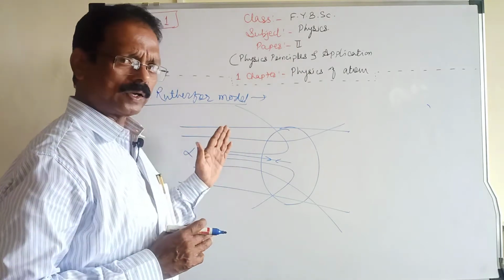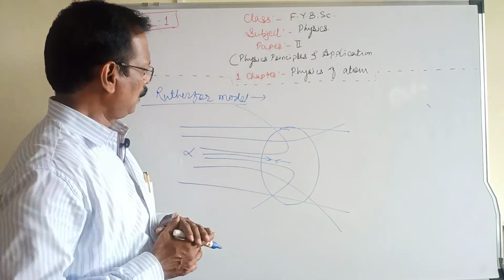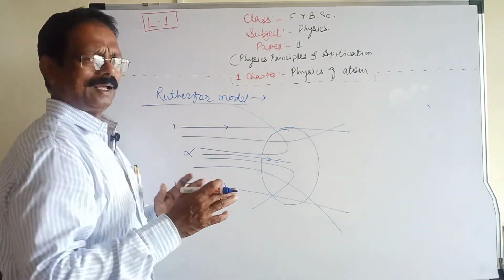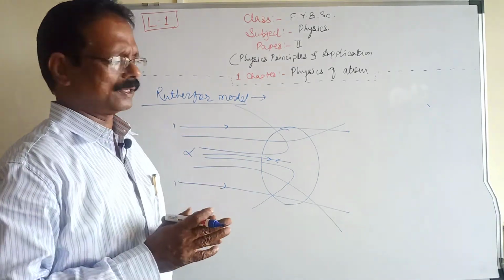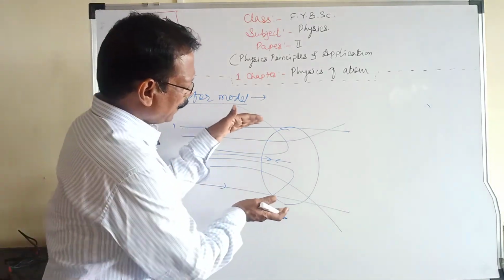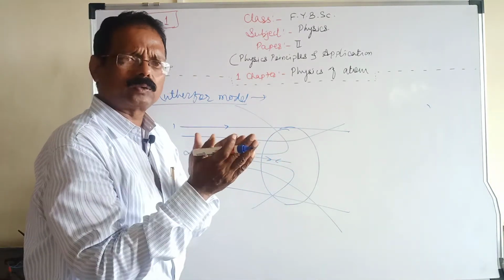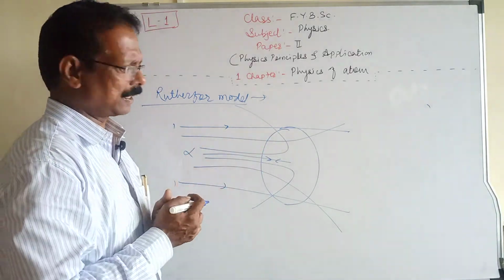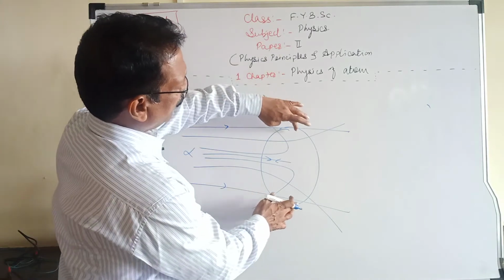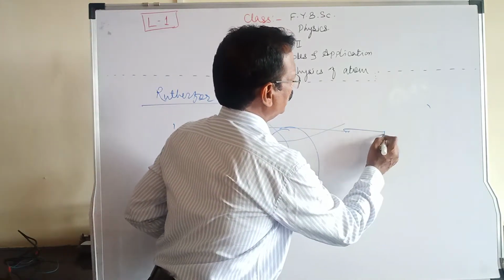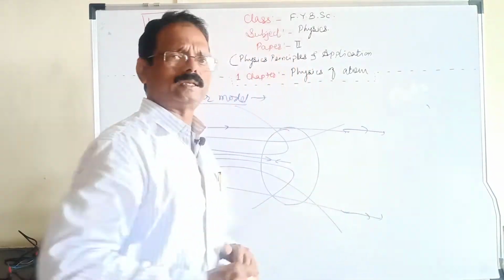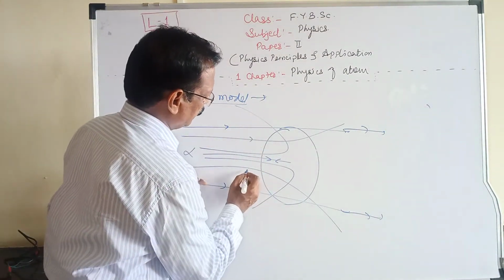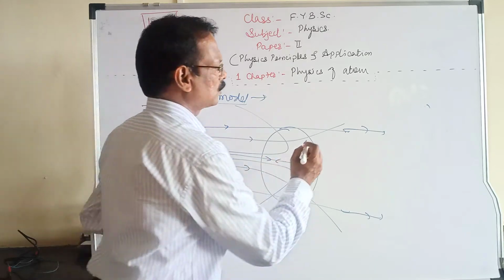Now what he saw, that we have to explain. Suppose we give a name to the rays. Those rays which are far away from the central portion of the atom, we have to consider the center of the atom, because there is somewhat of a deflection there. Those rays which are far away from the central portion show no change in direction. Next, those rays close to the central atom are deviated through some angle.